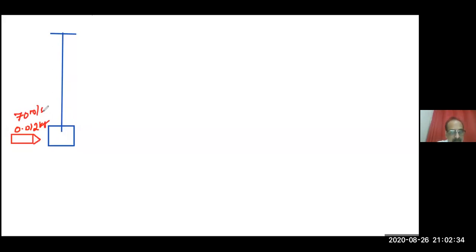A bullet of mass 0.012 kilogram and horizontal speed 70 meter per second